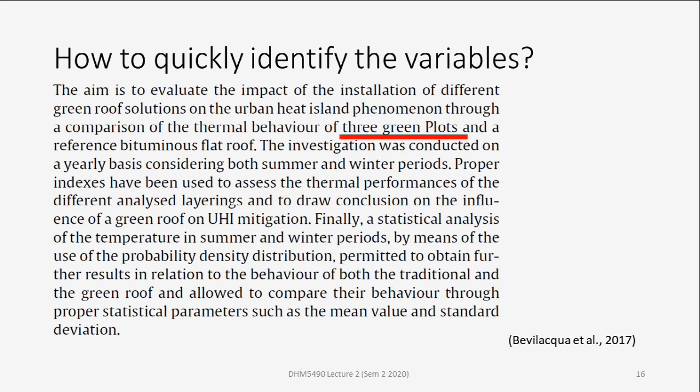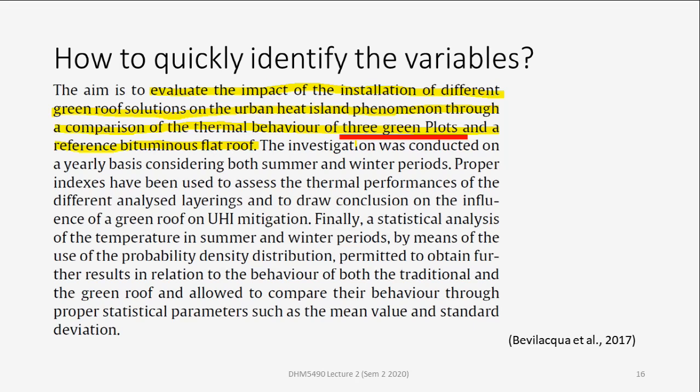Remember this article? This is the article that we have just dealt with in our last video. In the last video, we have identified the aim of the research, and we have extracted the implicit research hypothesis from the aim. But now we want to do something more. We want to identify the independent variable and the dependent variable. I use a red line to highlight the independent variable. What is the independent variable? It's simple. You see that